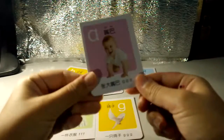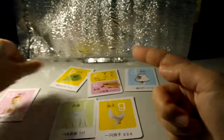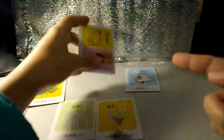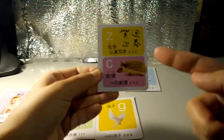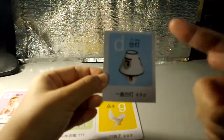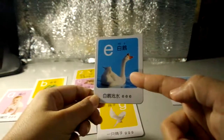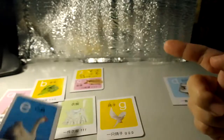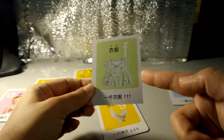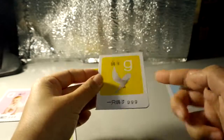Can you recite it? Okay. 波, 吃, 的, for, 歌. Okay,